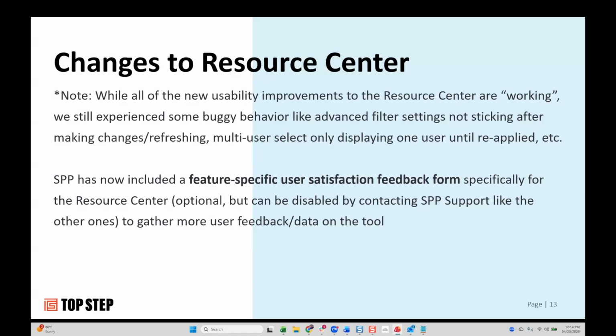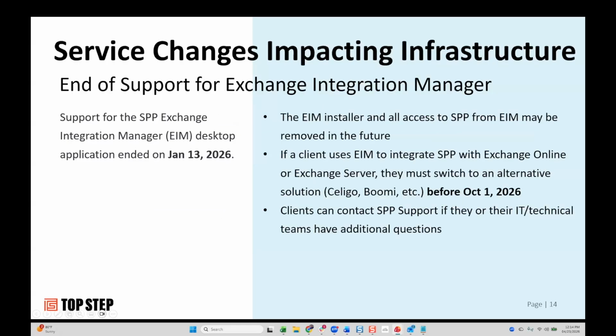Also, there's now a feature-specific user satisfaction feedback form specifically for the Resource Center. So you will get a pop-up using this product because they're wanting feedback to continually improve the tool. So if you do not want those pop-ups, then you will need to contact support and have them disable this specific pop-up option. I believe this is lastly, there used to be or is an Exchange integration for